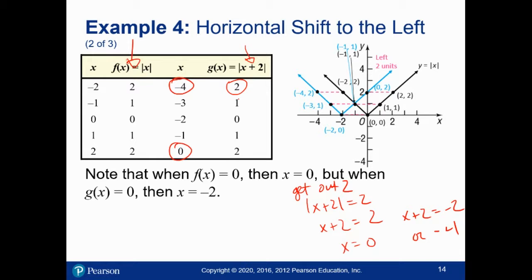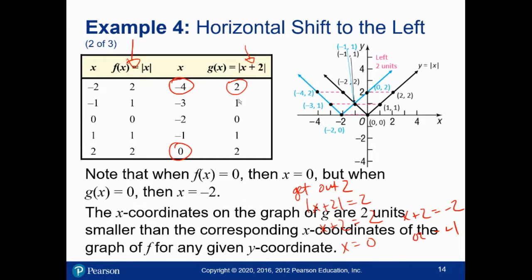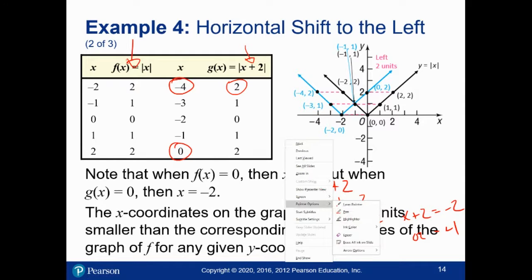Okay, and what about domain and range? So if I take the original black graph over here and I move it to the left 2 units, what values can I plug in and what values do I get out? Take a moment, try to answer that question. Okay, so the domain and range